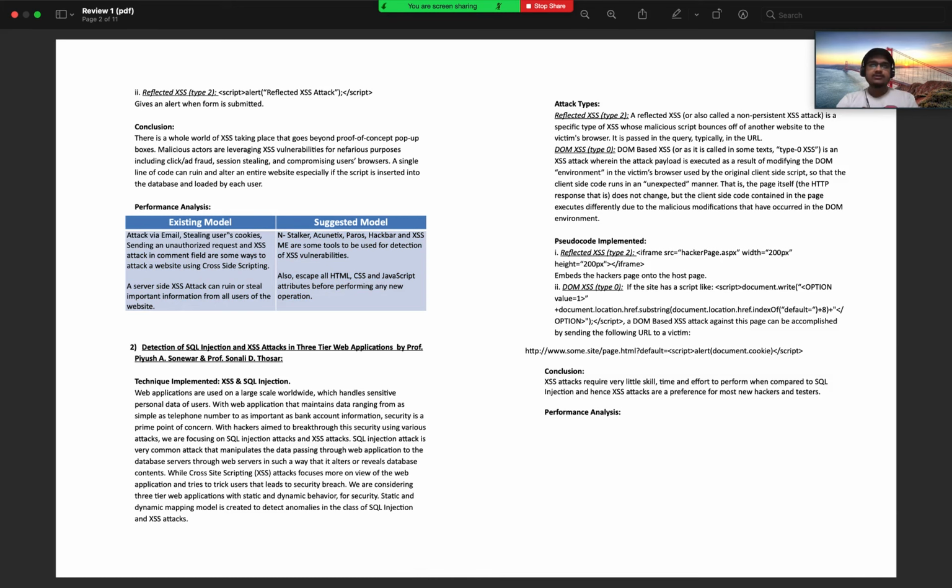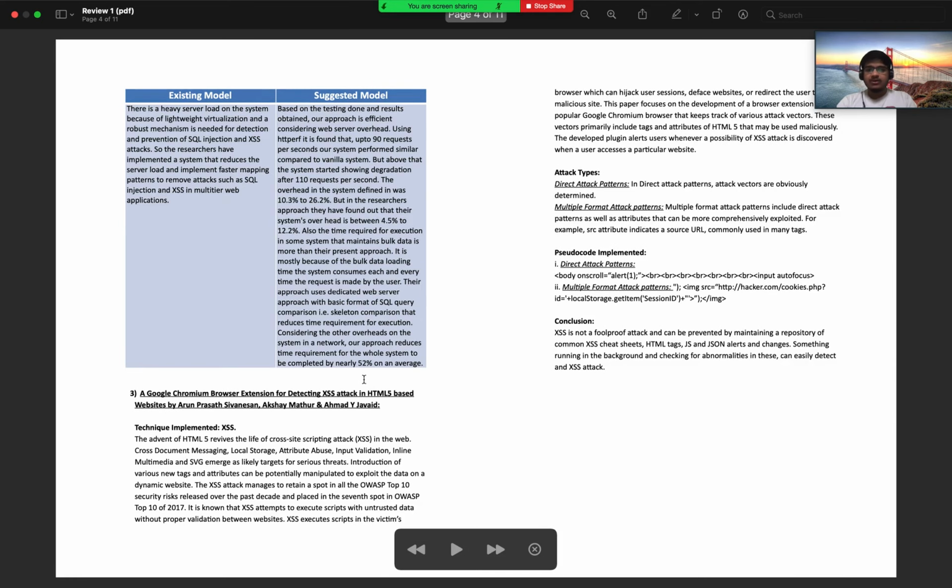So that is a method suggested over here, which was implemented over there. Plus if you see the next paper over here, there is heavy server load, SQL injection and XSS attacks on the same platform, which is exactly how our platform works.